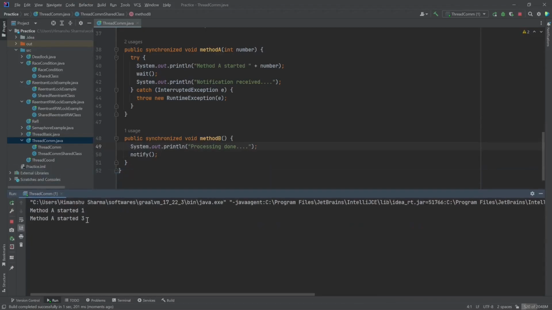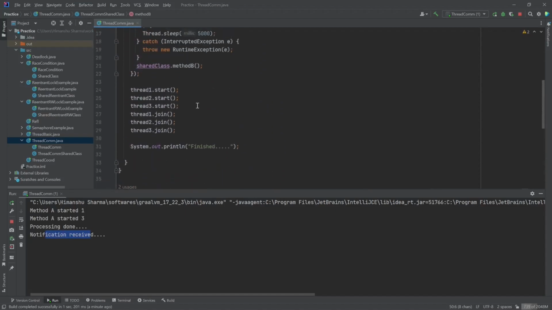So again we have 1 and 3, invoke the method A. Processing done, notification received. So notification received means one of the threads logged the notification received, right? And the processing done already happened by our other thread, the one which is calling the notify method. But here's the catch. Now the application is not yet stopped, right? Because one of our threads is still running and we put a join over here,